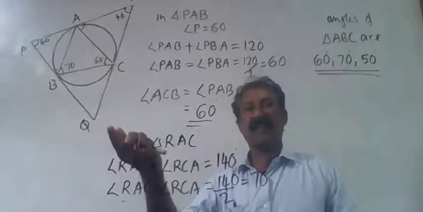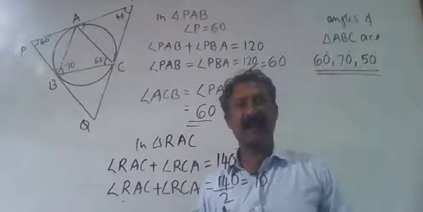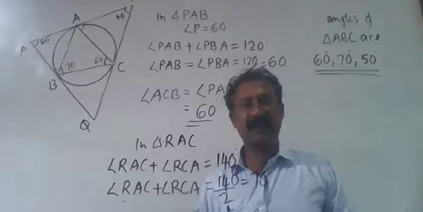Here, in the first problem, the angles of the small triangle are known, and we have to find out the angles of a large triangle. And the second problem is